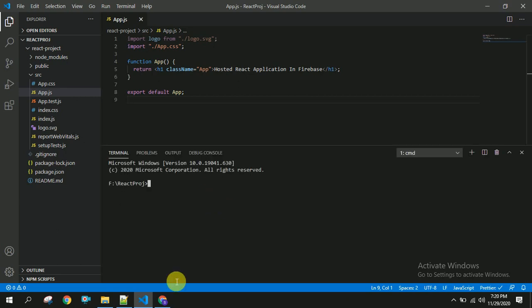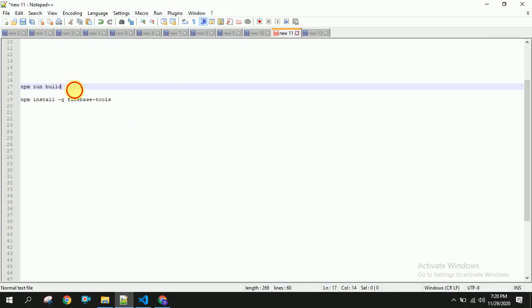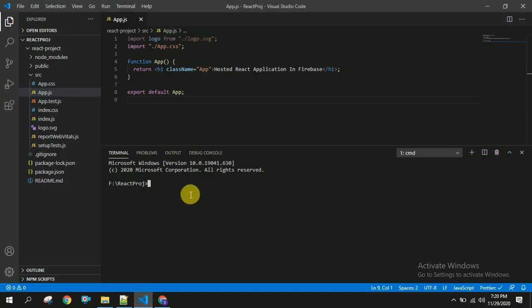For this, first we have to execute this command npm run build. It will take certain time to build our application. What it will do is create a build of this entire application, and it will create some build folder.